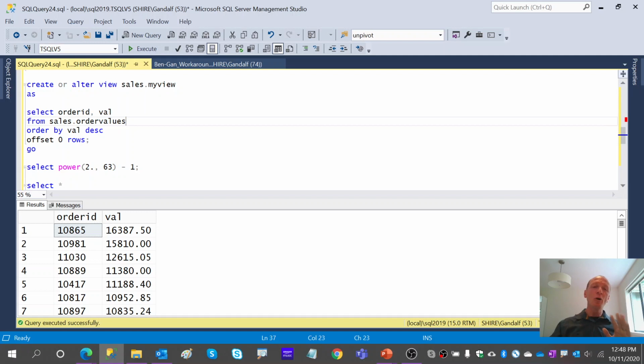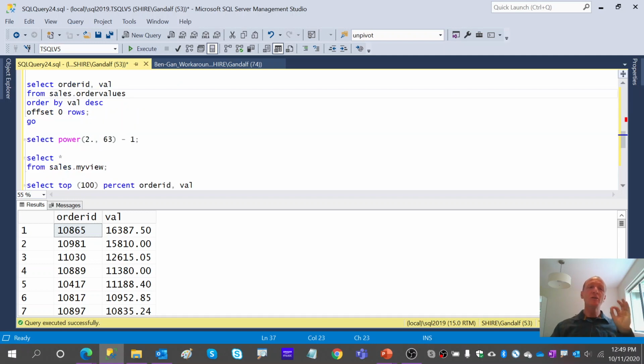But again, I'm not showing those techniques or tricks because I'm recommending to create sorted views like this. I'm just showing you what kind of techniques people are using, and I'm warning you against trusting them. Don't be misled by observed behavior. It could keep running like this a million times. Could be that with the next cumulative update of the product, Microsoft will suddenly change how they optimize and realize, hey, also here, we can eliminate this combination and come up with better optimization.